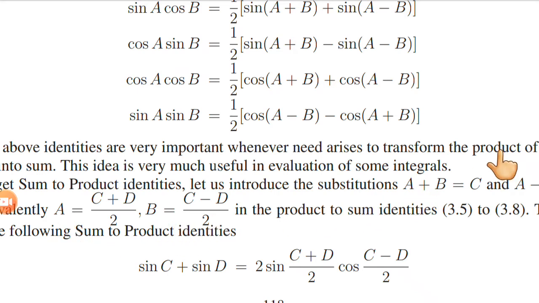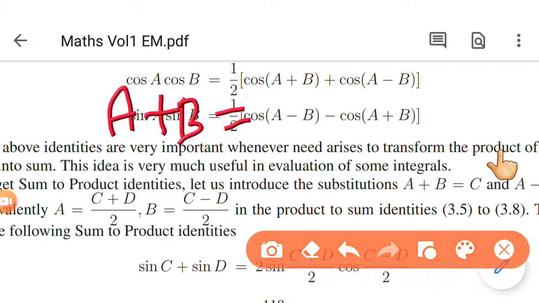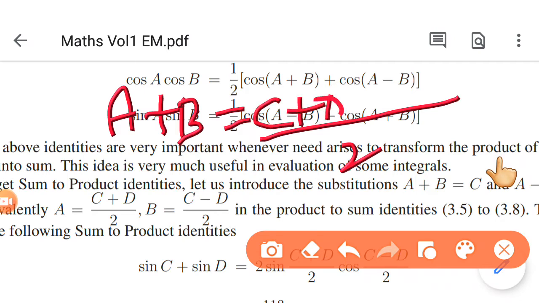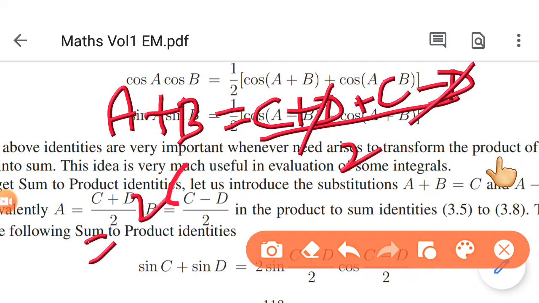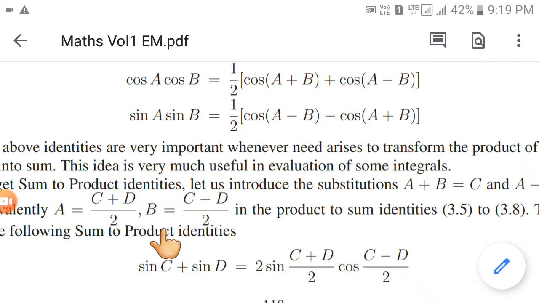Actually இந்த ரெண்டுதையுமே நம்ம ஆட் பண்ணோம்னா a plus b which is equal to c. ரெண்டுத்தையும் ஆட் பண்ணோம்னா 2 is a common denominator. And in the numerator, we have c plus d minus c and add பண்றோம்லையா. So, plus c minus d. So, d and minus d gets cancelled. So, you have 2c divided by 2, which becomes c. அப்போ ஈக்குவலாக இருக்கு இல்லையா, a plus b. அப்போ a நம்ம எப்படி எக்ஸ்பிரஸ் பண்ணலாம், c plus d by 2 எக்ஸ்பிரஸ் பண்ணலாம், b c minus d by 2 எக்ஸ்பிரஸ்